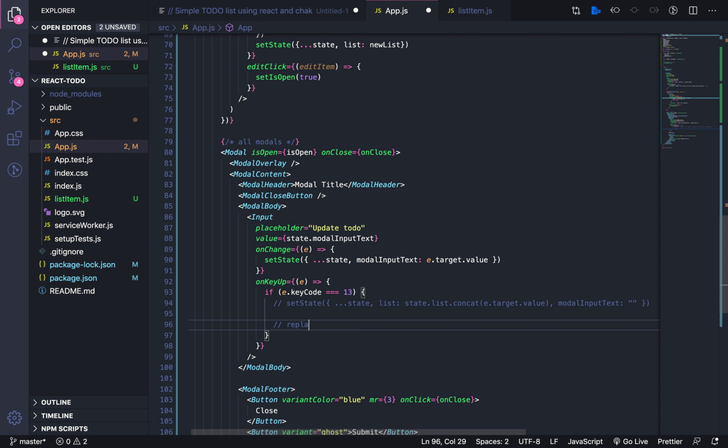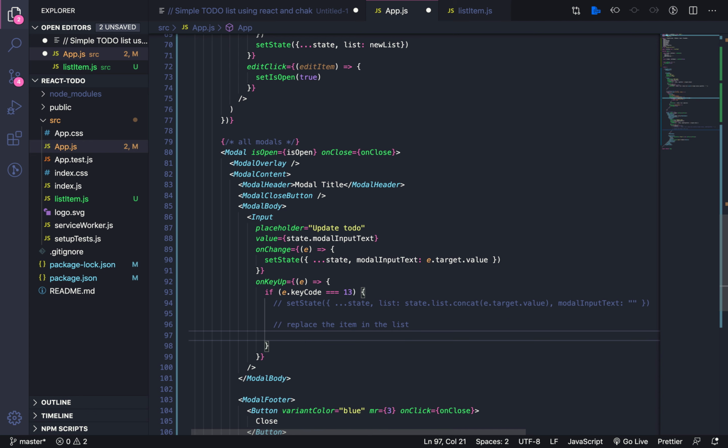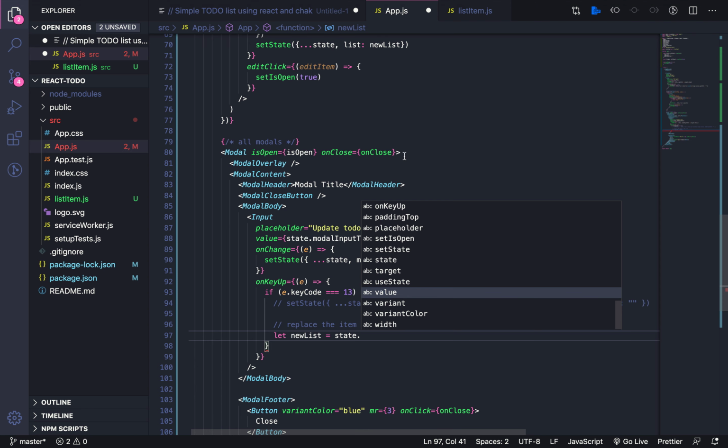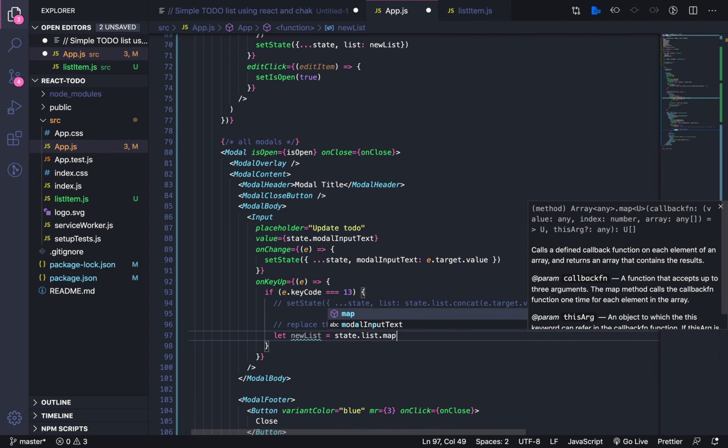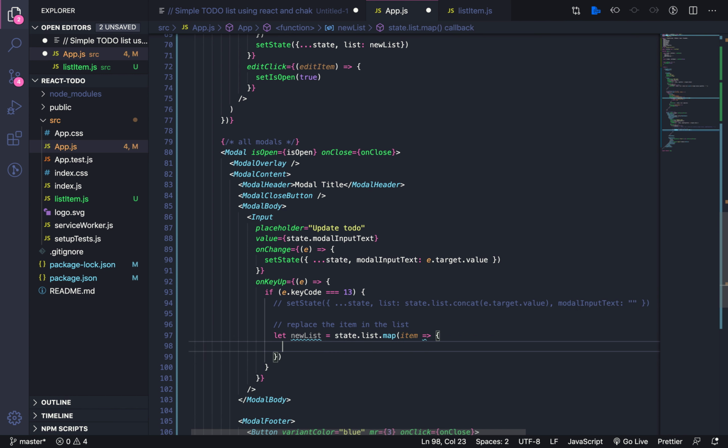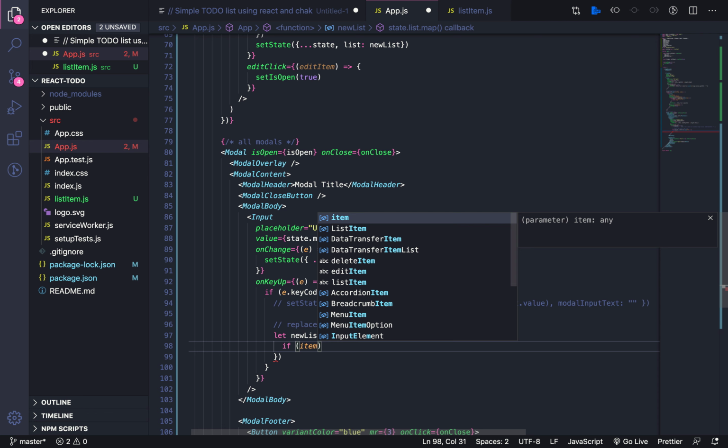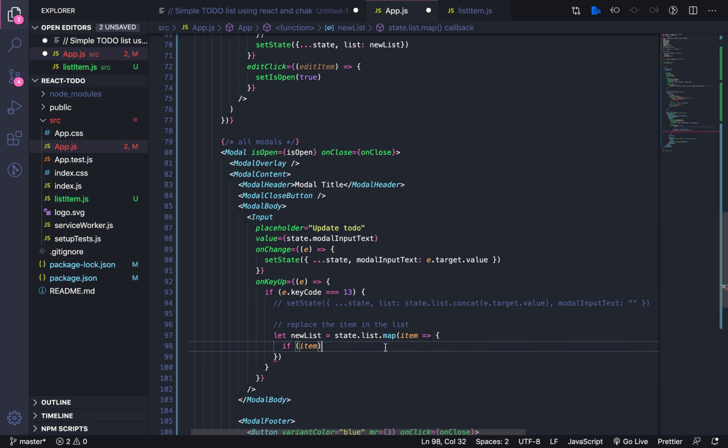replace the item in the list, right? So what I'm going to do is let newList equal to state.list.map item, right? So if the item equals to,